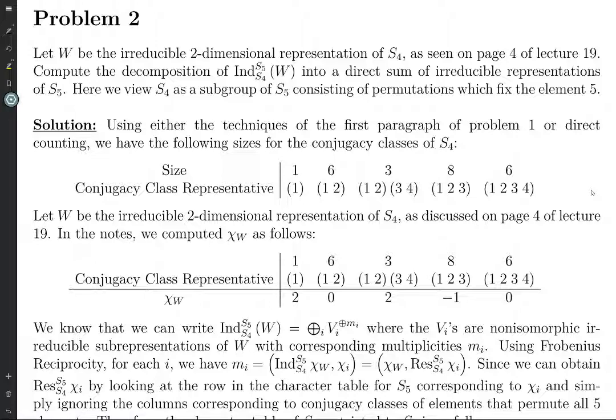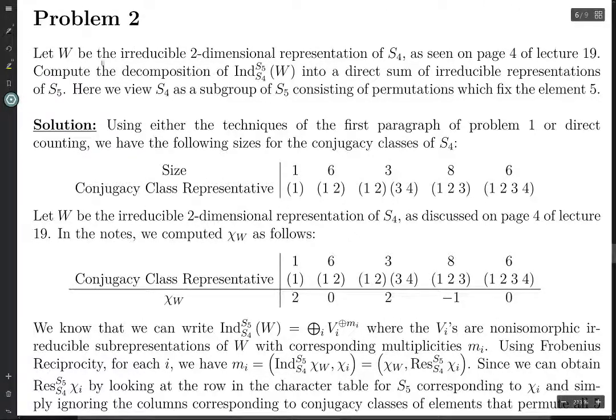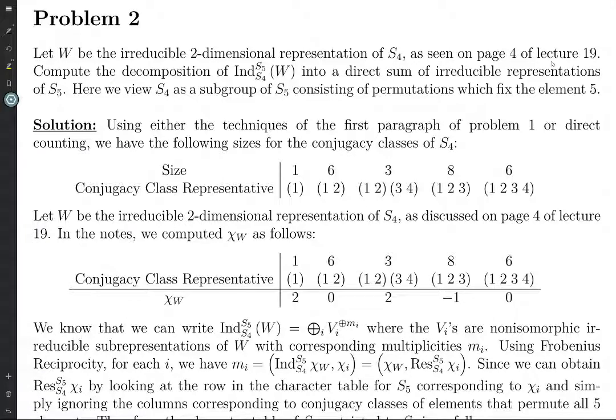So, anyways, we have W, an irreducible two-dimensional representation of S4. You haven't seen this in the lecture notes, or you probably have. I don't know how you would, unless you've taken the class. You probably haven't. So everything that you need to know about this will be in here. And I don't have the character table for S4